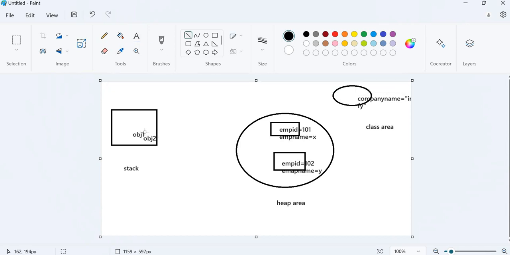ये obj1 रेफरेंस क्रिएट किया तो मेरा वैल्यू सपोज ये रख दिया, और जब object2 क्रिएट किया तो यहाँ पे आ गया। लेकिन ये जो कंपनी नेम है, इसको एरिया कहाँ पे मिला, क्लास एरिया में। तो ये डायरेक्टली दोनों इसको ही बिलोंग करते हैं, क्लास एरिया को। तो जो भी वैल्यू यहाँ पे रखी होगी उसका कॉपी आपको ये प्रोवाइड करा देगा। सो दिस इज द रीजन यू वांट टू क्रिएट द ऑब्जेक्ट ऑफ ए स्टैटिक वेरिएबल, बिकॉज ये क्लास एरिया में रहेगा, ये कॉमन एरिया रहता